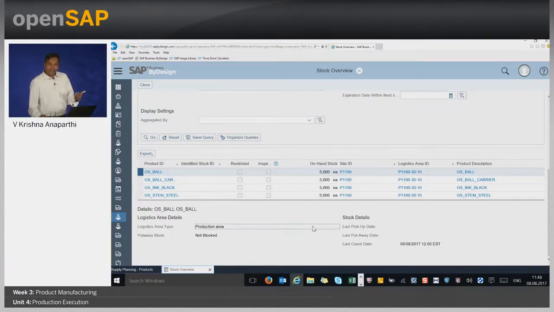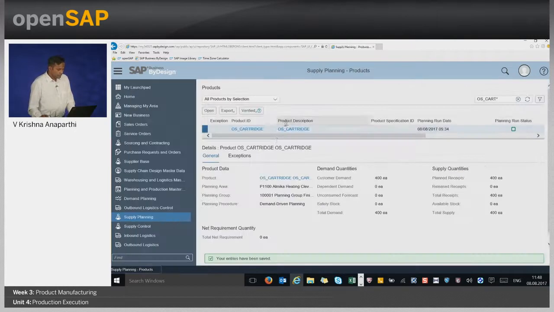And we have a demand of 200 cartridges. It means that once the production gets completed, there will be deduction of 200 units of ball, 200 units of ball carrier, 200 units of steel stem and 2000 units of ink, because we said that for making one cartridge we need 10 units of ink.